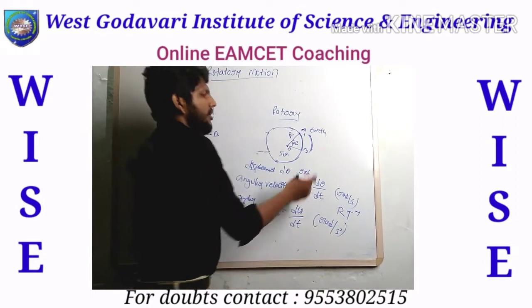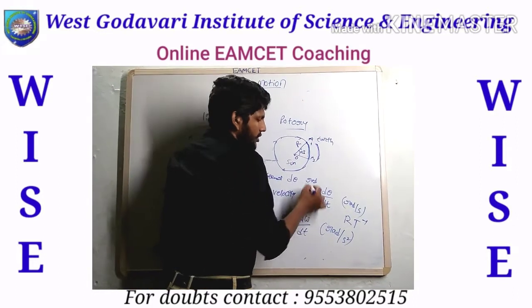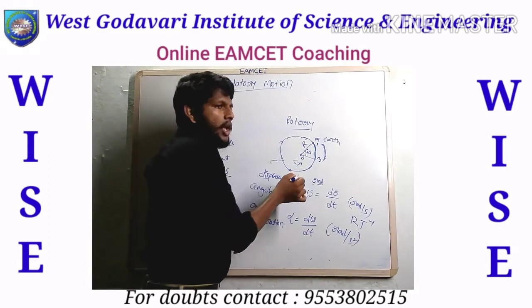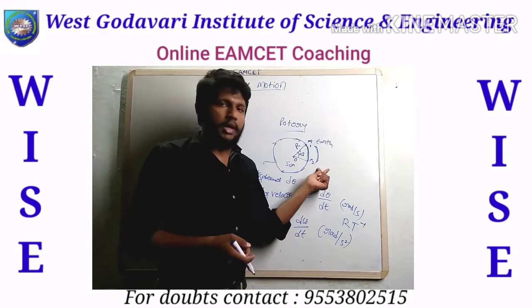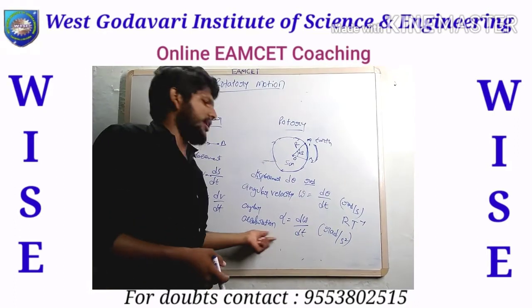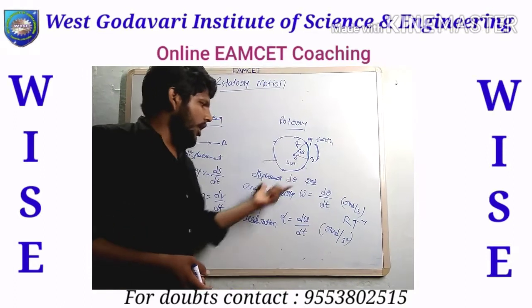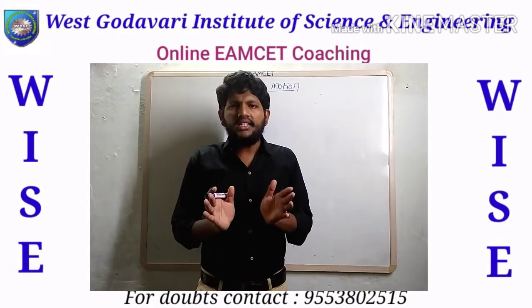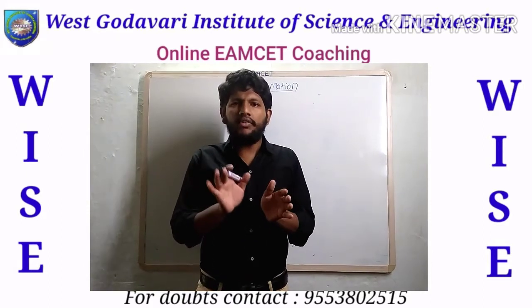So we can measure this displacement with the help of radians, and how much of this displacement at which time, it is known as velocity. At which acceleration, it is known as angular acceleration, right? This is the formula we have. Students, let us check once again what is angular velocity and what is velocity and the relation between those two.